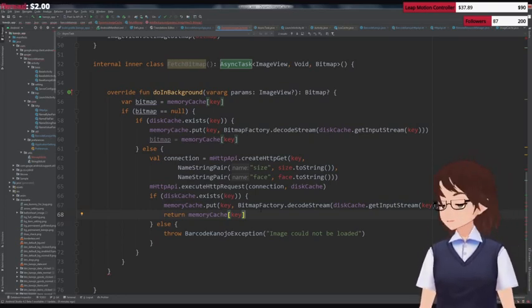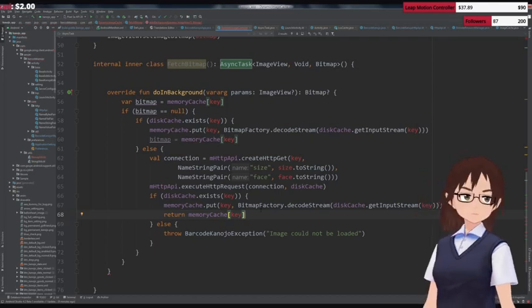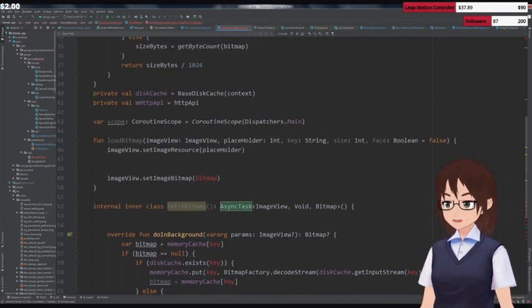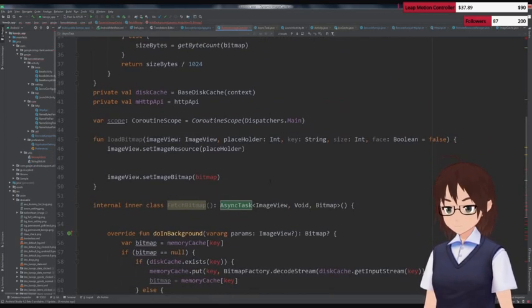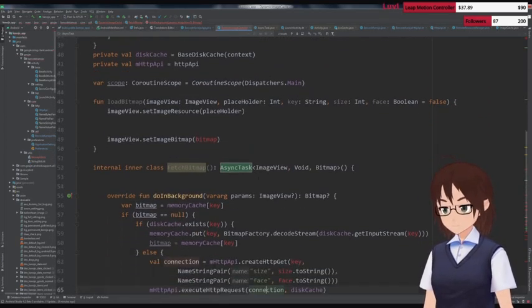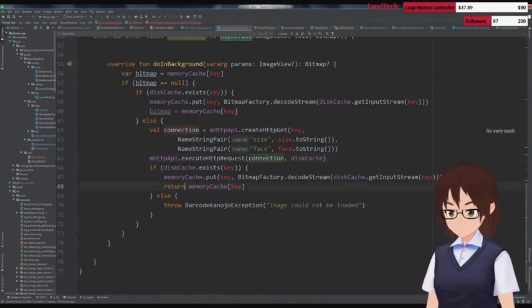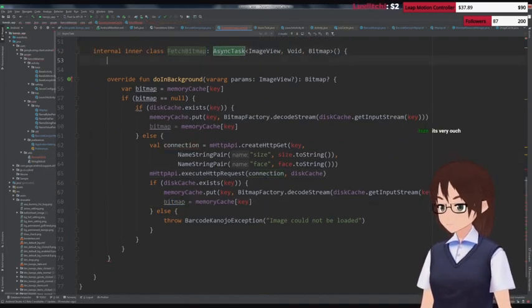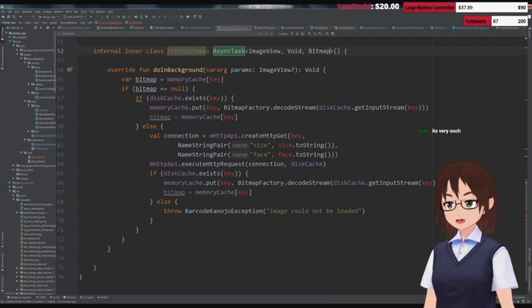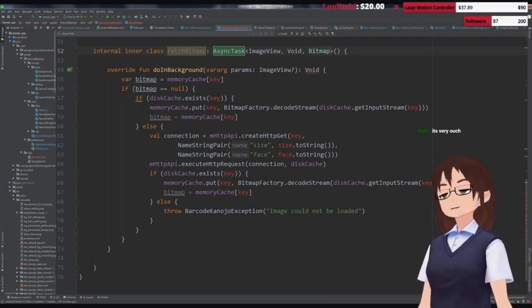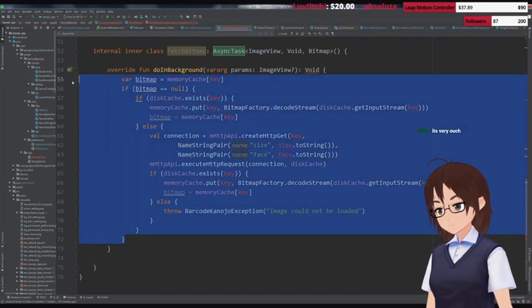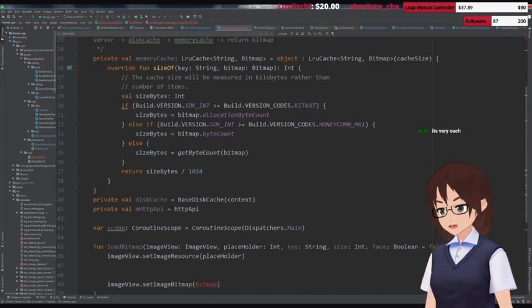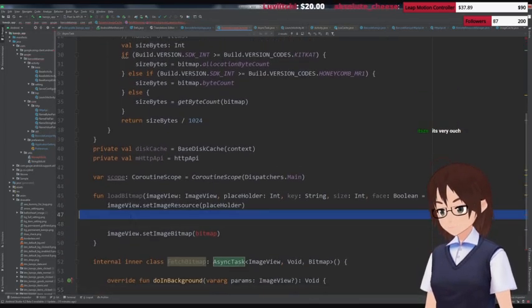Concurrent programming is... Why? Why is it so complicated? Why does it have to be so complicated? Oh, I did a cut. Oopsie. Why gotta be so complicated? I shouldn't have just cut that. I should have,